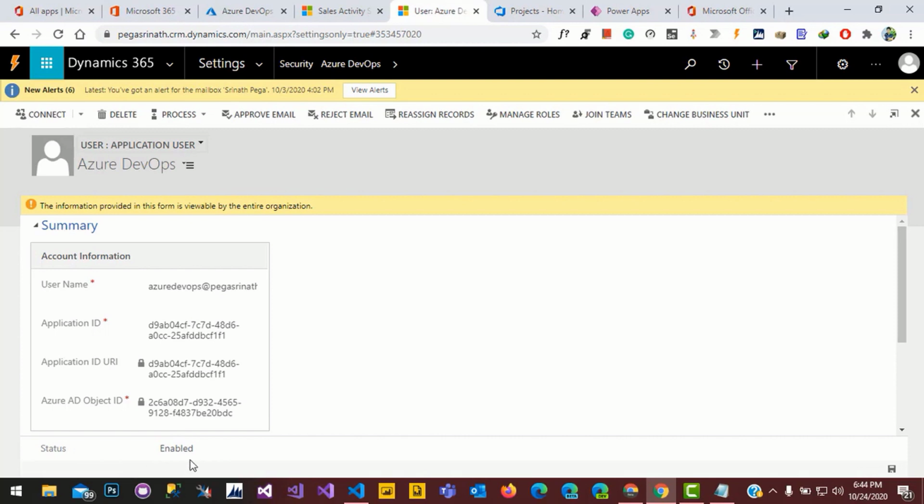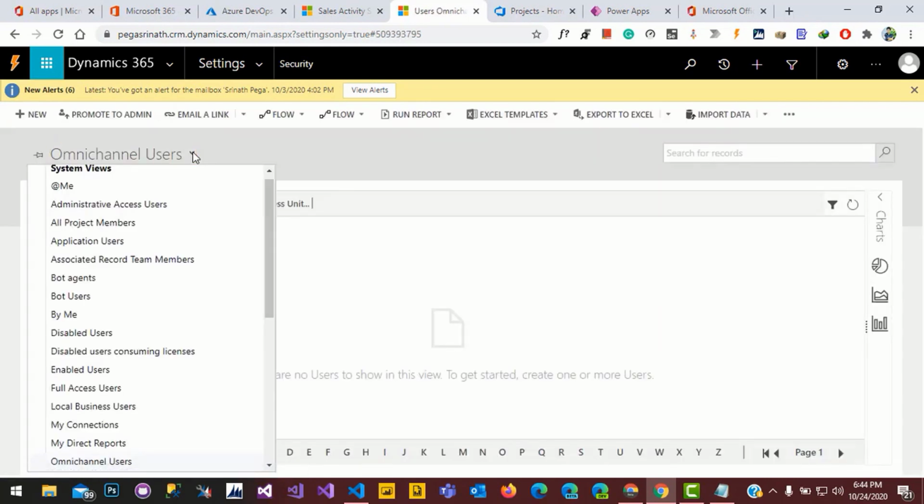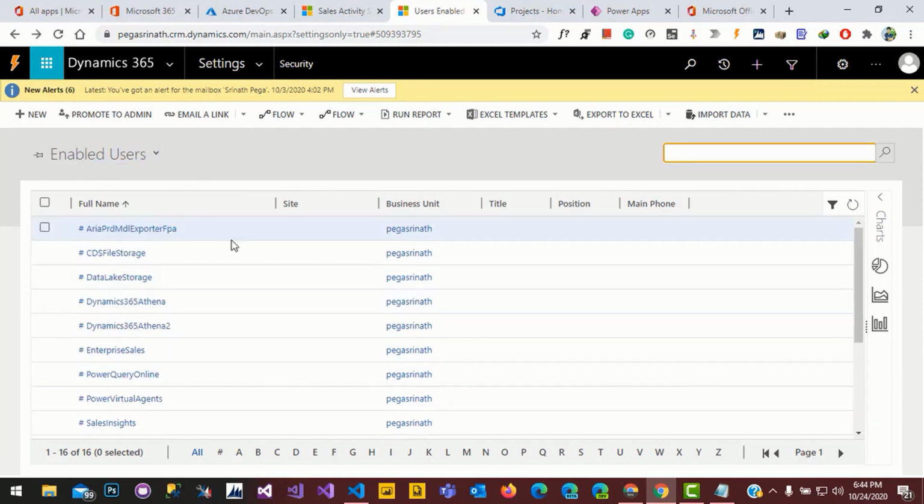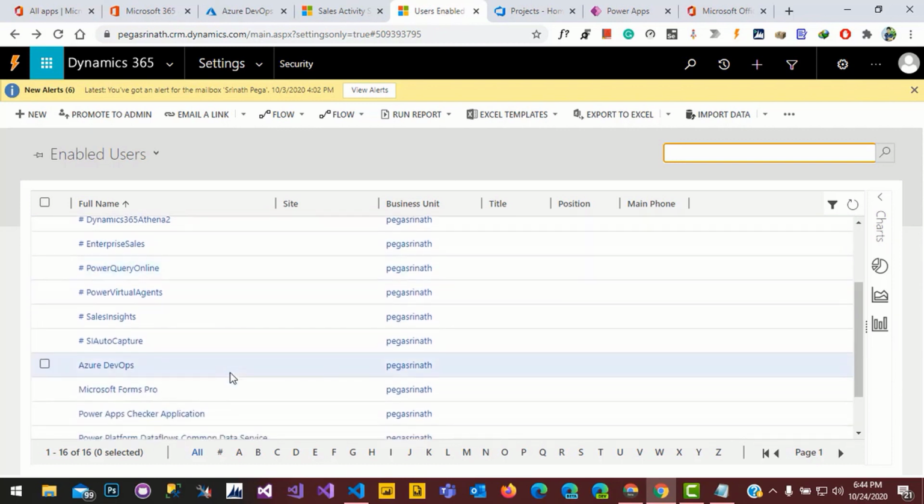Now the status is enabled user. Now go back to security again, go to users, go to enabled users. There we go. Enabled user means the user has a license in Dynamics 365, but this account doesn't have any license for Dynamics 365, yet it's still showing in enabled users.